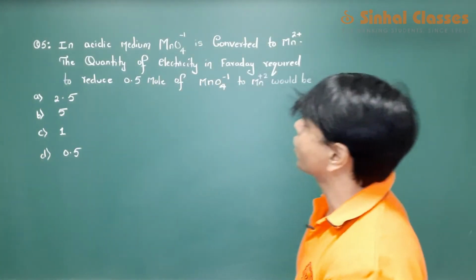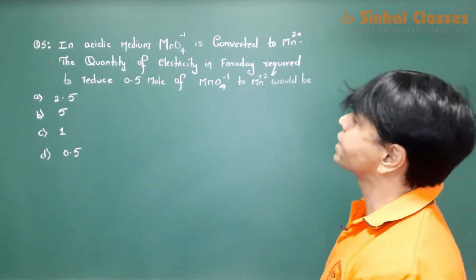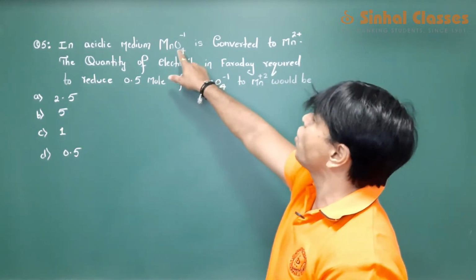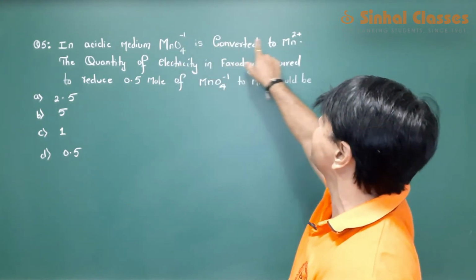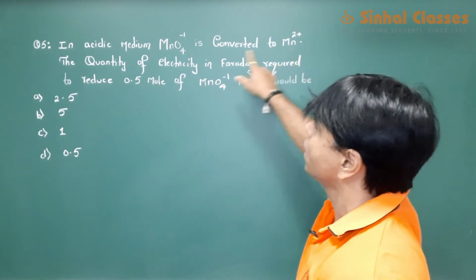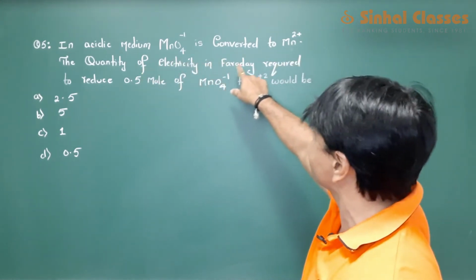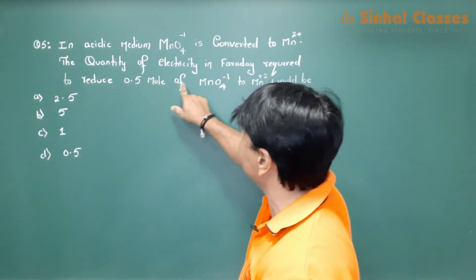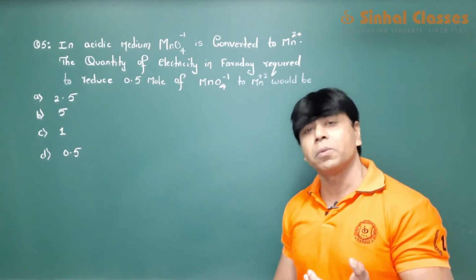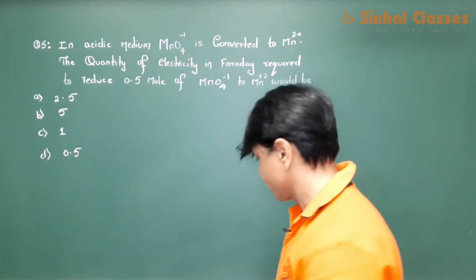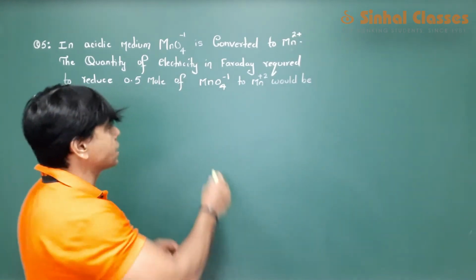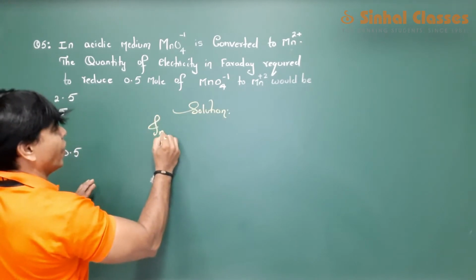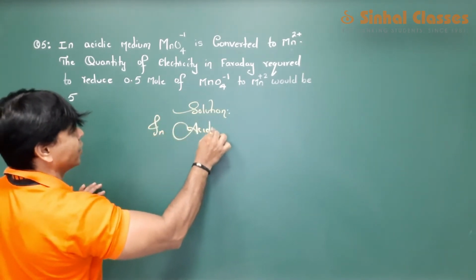Okay student, look at this question now. It says, in acidic medium, MnO4 minus 1 ion is converted into Mn2 plus. The quantity of electricity in Faraday required to reduce 0.5 moles. Now this can orally be worked out, such a simple it is. How? So if you look at the solution part, you realize in acidic medium,